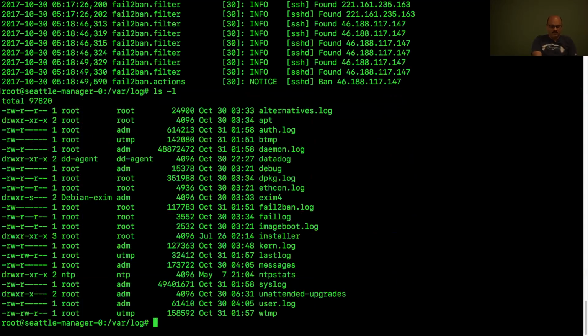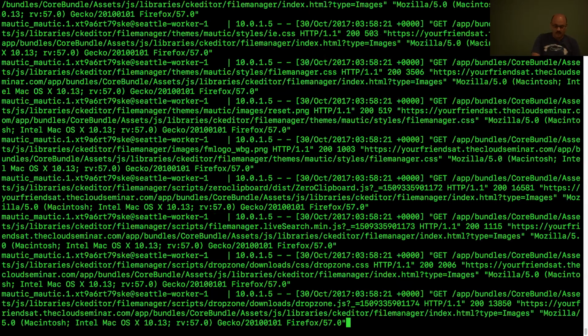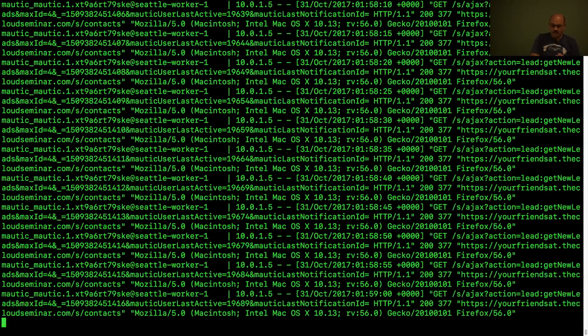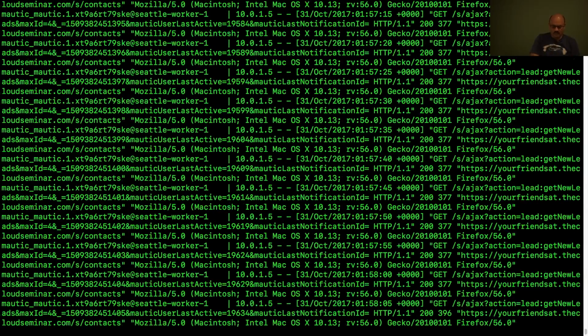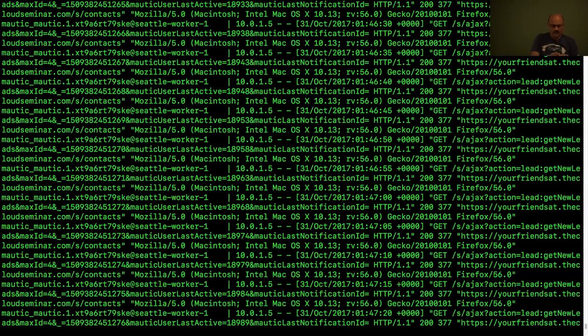There are a bunch more logs, and some of them are not relevant because I am running my services in containers. So there are more logs. For example, here is another new application that I have just installed. So there are logs for that. And of course, these are access logs, most of them. And so you can see that there is this data pattern available. It's kind of repetitive in this example, but